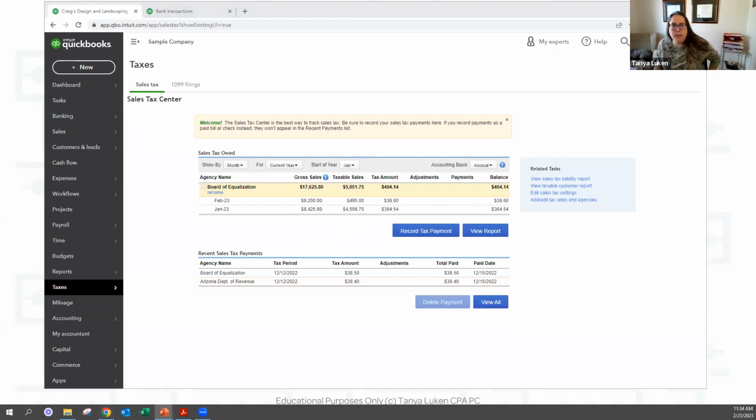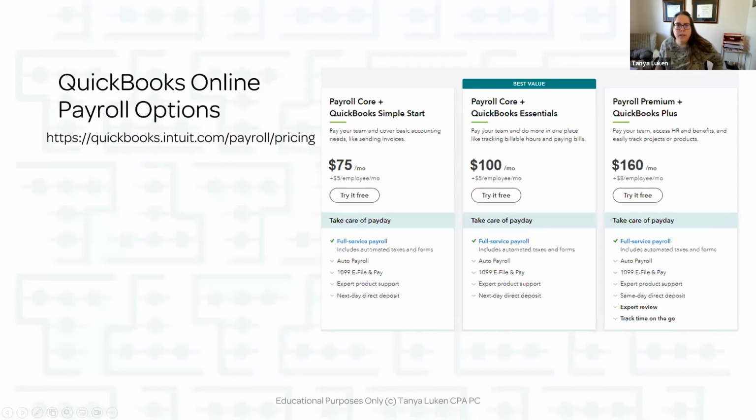Okay, so QuickBooks also does payroll. I did that. So within QuickBooks, they do payroll. There's a simple start version of payroll. There's one that goes with Essentials and the one that goes with Plus. And there's different features about, like, if they handle garnishments for you, or if they're going to automatically file and pay your payroll taxes, or if you have to go through and check some boxes and have it do it for them. There's all kinds of things like that.